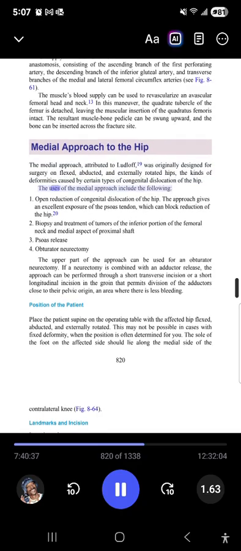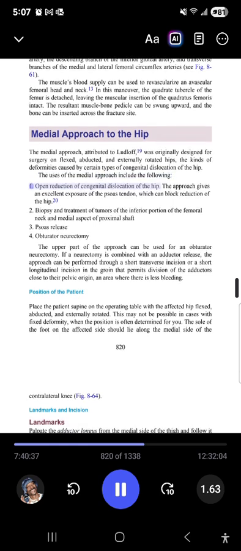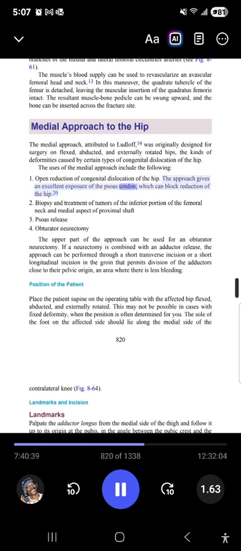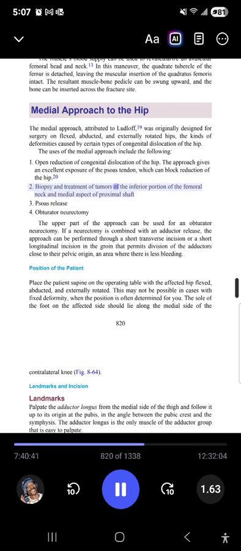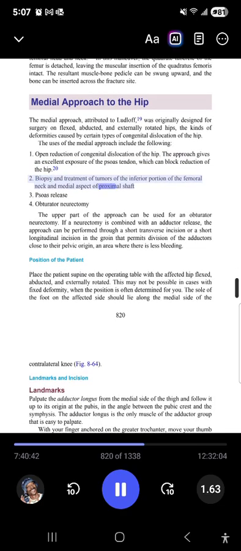The uses of the medial approach include the following. 1. Open reduction of congenital dislocation of the hip. The approach gives an excellent exposure of the psoas tendon, which can block reduction of the hip. 2. Biopsy and treatment of tumors of the inferior portion of the femoral neck and medial aspect of the proximal shaft. 3. Psoas